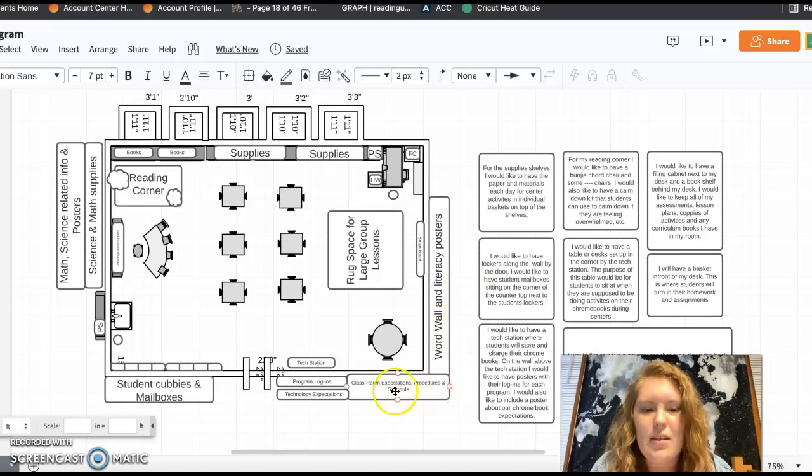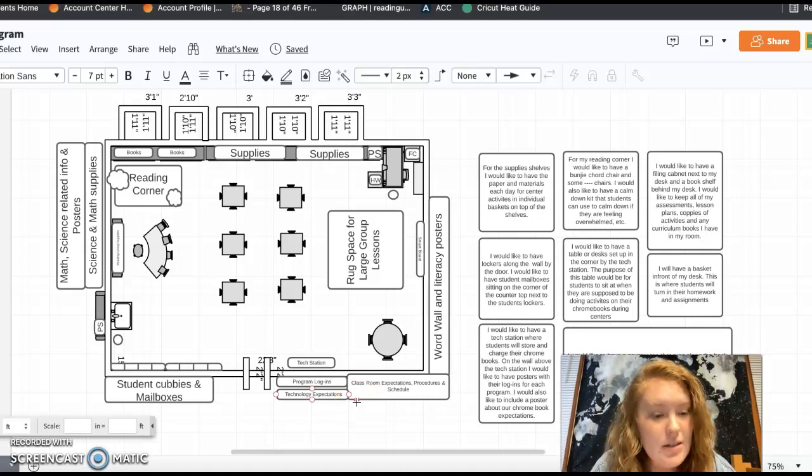As I move over to this corner here, I really want to have a bulletin board or some kind of posters on the wall that'll lay out the classroom expectations that I have, and then procedures and schedule. So I'd really like for this corner right here to be pretty much devoted solely to that, so students have a strong awareness of what my expectations are, what we do during the day, and then I'd like to have the schedule available for all students in general, but especially for those students who need that